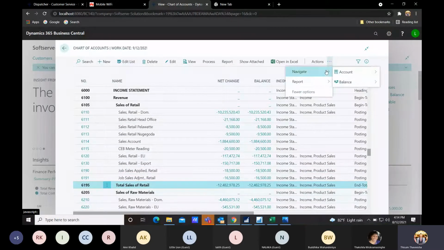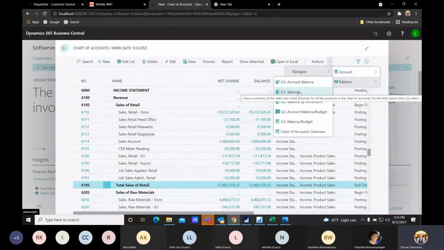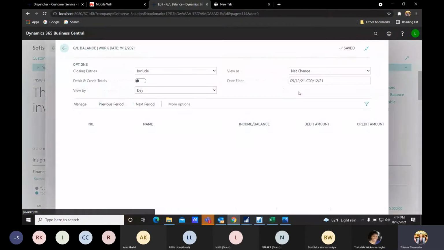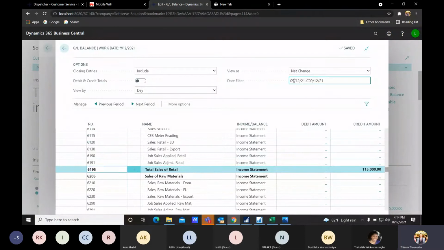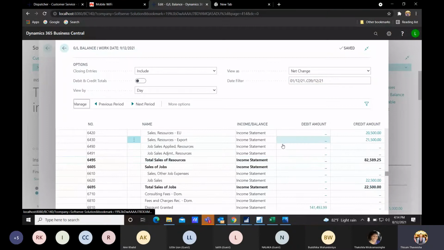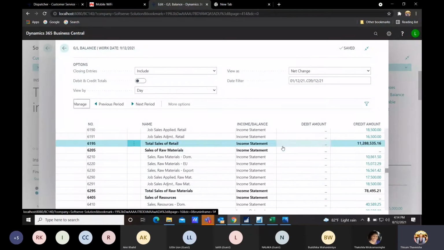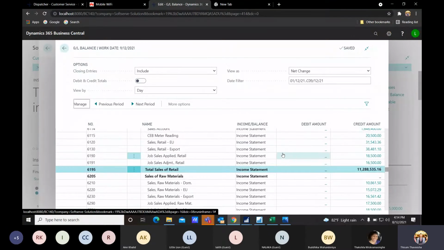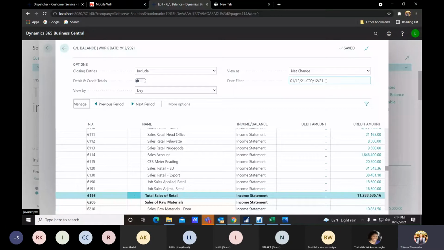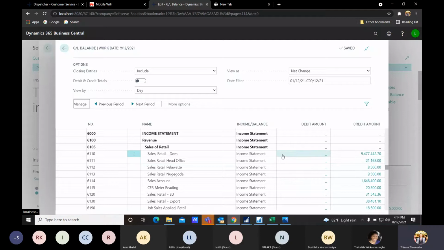Chart of accounts which we can get. If we go, there's a report called GL Balance, which you can get, which you can first filter to a date. If I filter this one, January, here you will get, for a given specific period, what is the balance of the GL accounts. Okay, so we can even select a set of GL accounts also, and then if we give the date filter from this date to this date, we can check from this report how much balance was there in the relevant GL account.